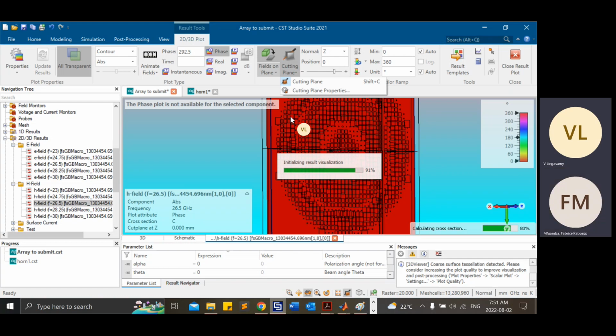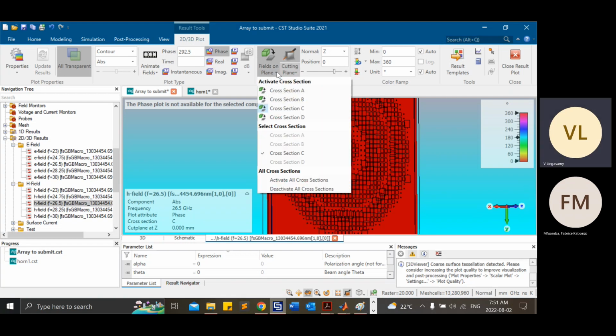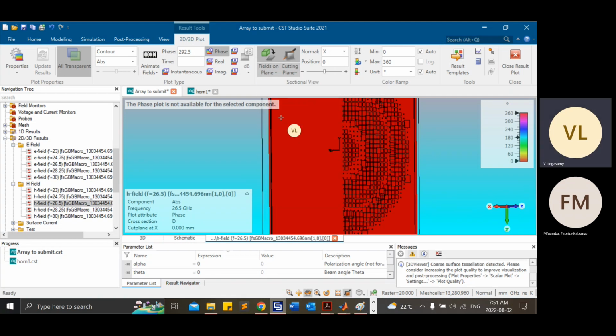For example, you are expecting some phase in a particular position to be compensated. Whether that element is really compensating for that particular phase or not, we can validate here. But one ambiguity: the phase is 0 to 360, but it is showing us